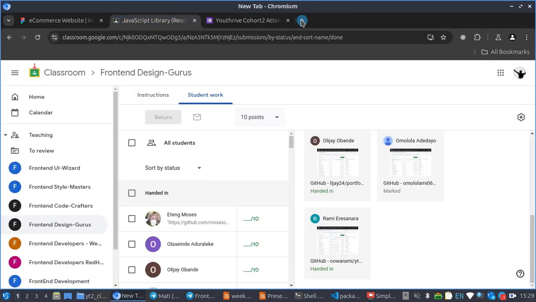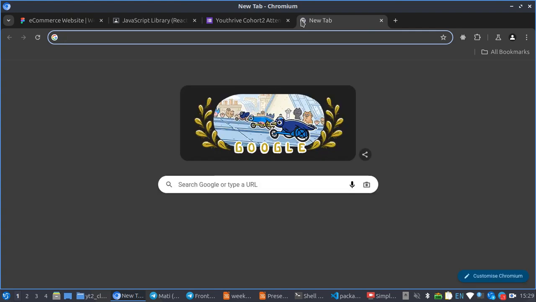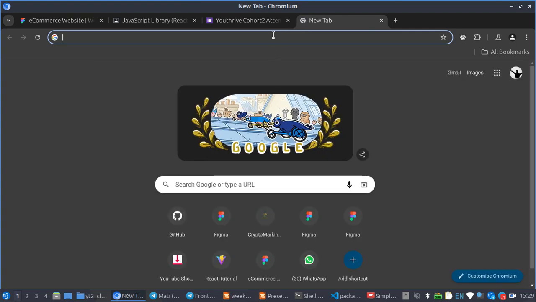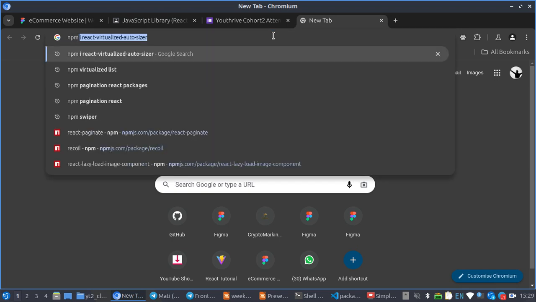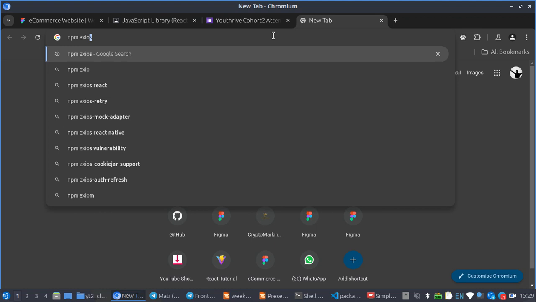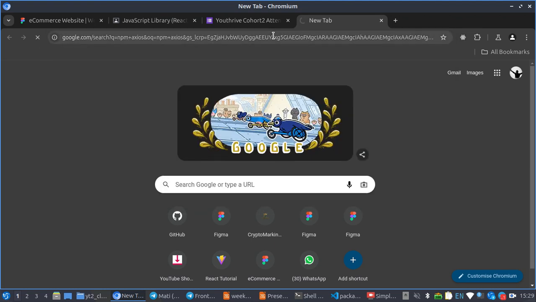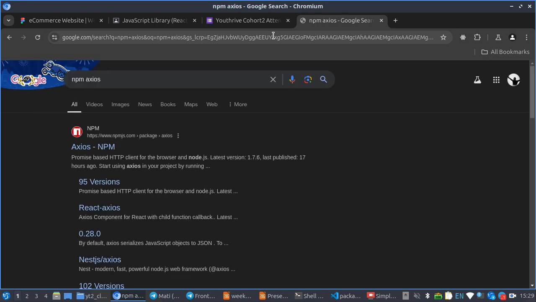Okay, so what I want us to do now is show you the two packages that we use to make our job easier. We use Axios, so just type npm axios. So what is Axios? Axios is a package that we can use to easily